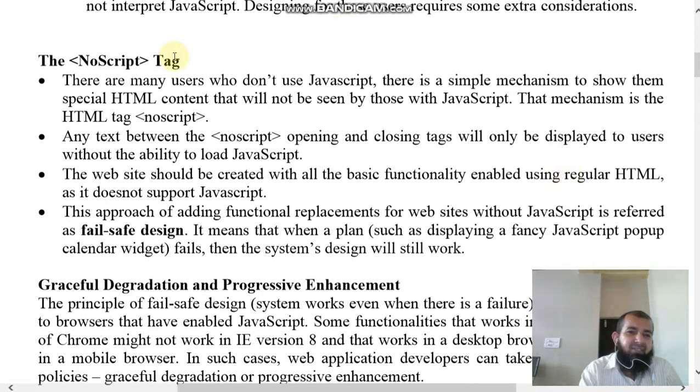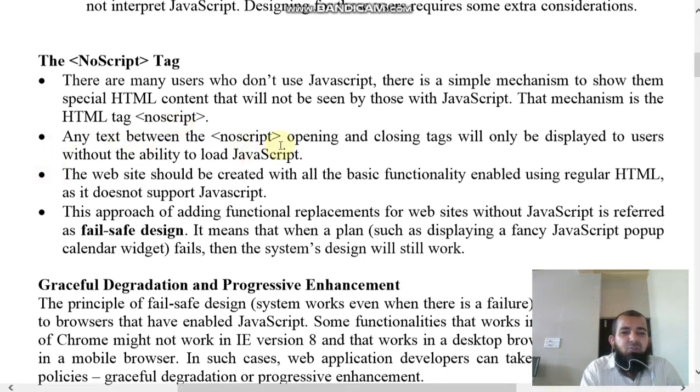The noscript tag. There are many users who don't use JavaScript. There is a simple mechanism to show them special HTML content that will not be seen by those with JavaScript. This mechanism is the HTML noscript tag. Noscript means no JavaScript.